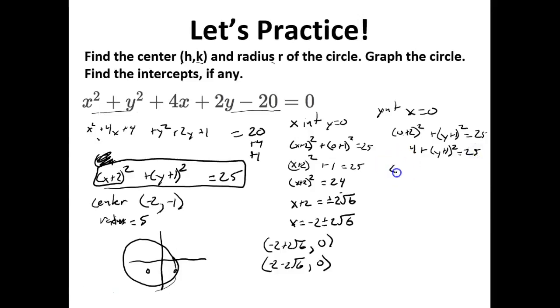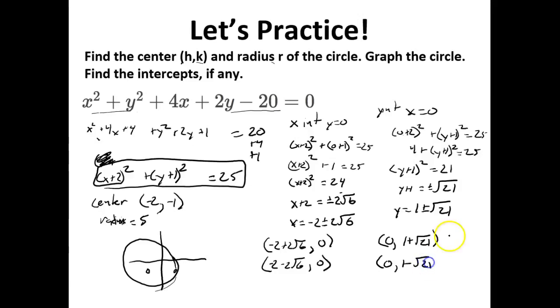So that's going to be y plus 1 squared is equal to 21. Square root this, we get y plus 1 is equal to plus or minus the square root of 21. So y is equal to negative 1 plus or minus the square root of 21. Our y-intercepts then are 0, negative 1 plus square root of 21, and 0, negative 1 minus square root of 21